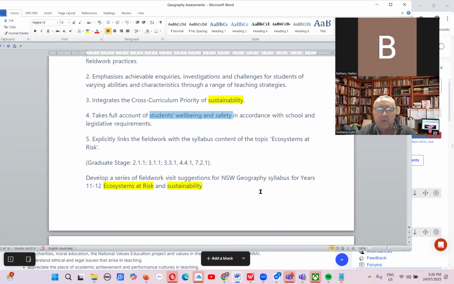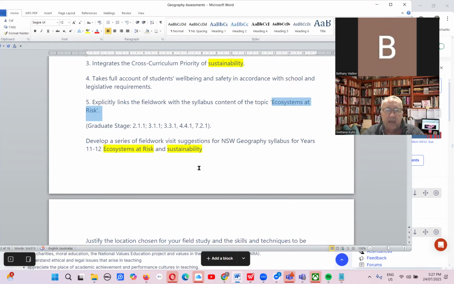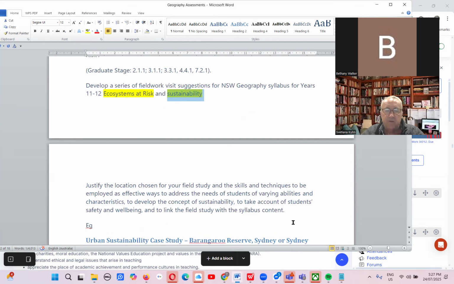And also you need to look at the topic ecosystems at risk, which is a major concern as our Earth's population has increased from 1 billion to 2, 3, 4, 5, now up to 6, 7 or more billion people on the Earth. And so there are pressures on the ecosystems and on the trees being cut down. And so you need to look at these ecosystem questions and sustainability in order to prepare for the future and